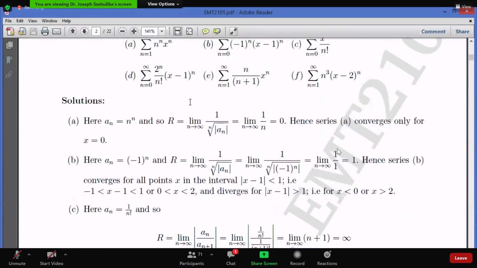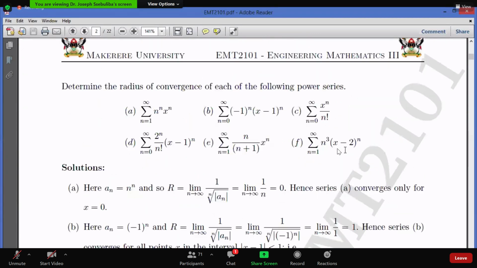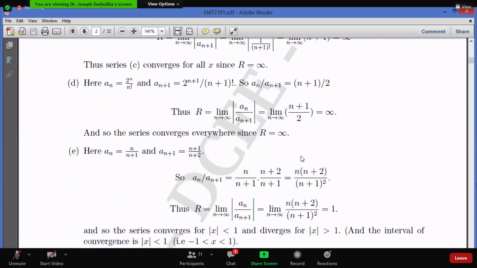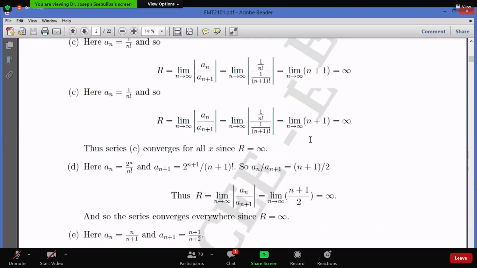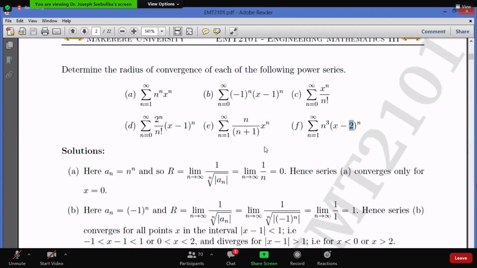Okay. D is here. So you can see for D, if you compare with our general equation, x naught is 2. And you can also see that here we have to use, again, our ratio test. Why? If not D, this is F, sorry. We are here in D. D is 2^n over n factorial, and this is x minus 1. I think I can rush through these ones. So since this is minus 1, x naught is 1. Then what is